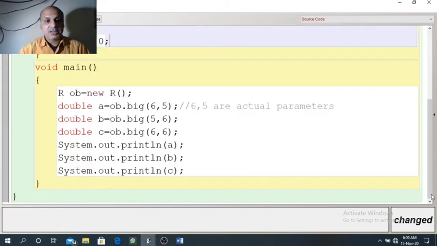So the function will send 0 and this 0 will be received in C. So when this main method executes, A and B will get the value 6 each, but C will get the value 0. Then we are printing the values of A, B, C, that is 6 and 0.